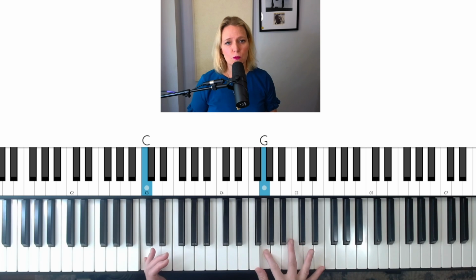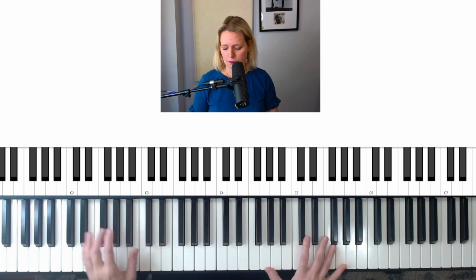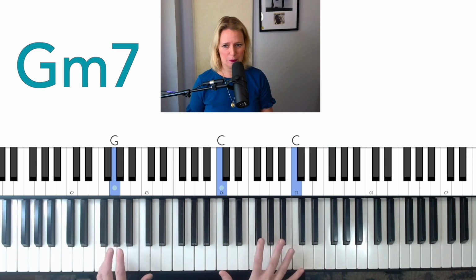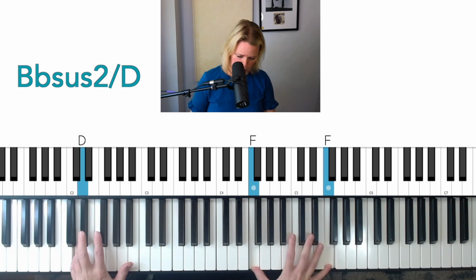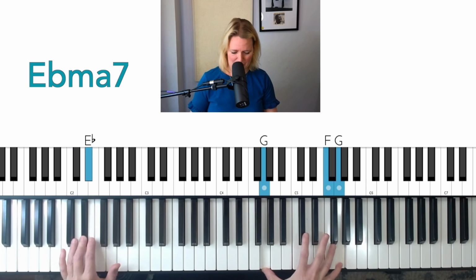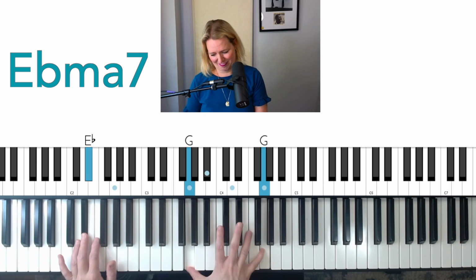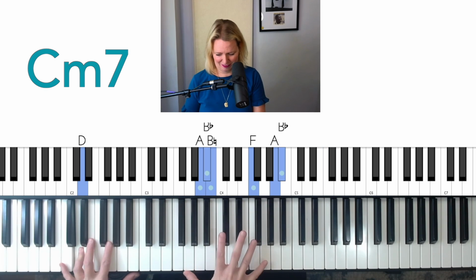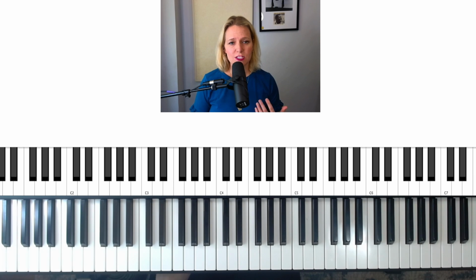Now, what Bruce Hornsby plays is he plays the melody in octave. So he goes. So we'll do the left hand down the octave too. 3, 4. 3 and 4. 3 and 4. 3, 4. That's it. Good. So the other thing that I could do here is I can start to fill in some